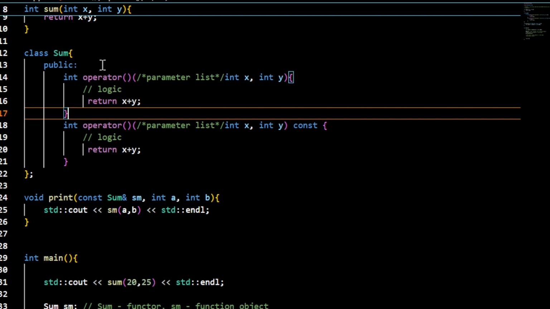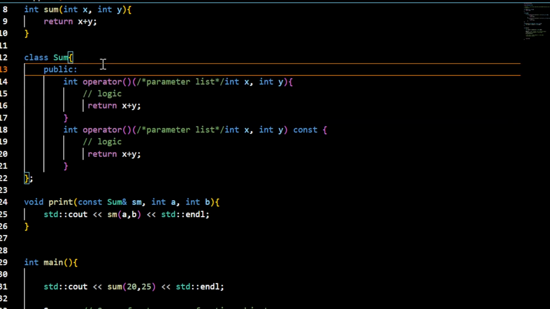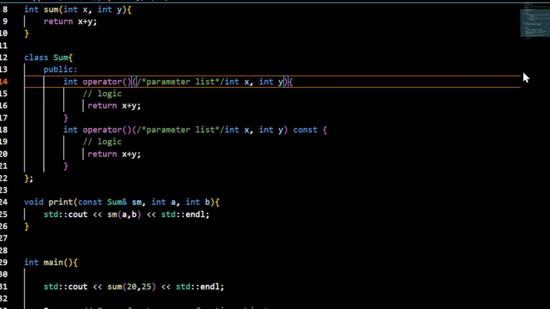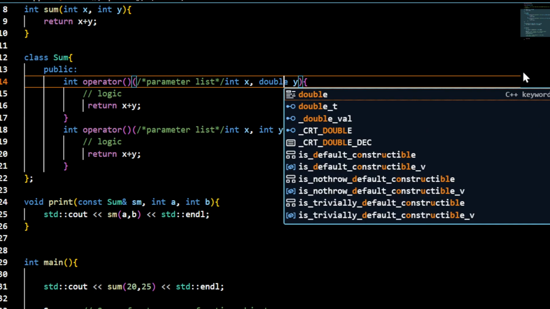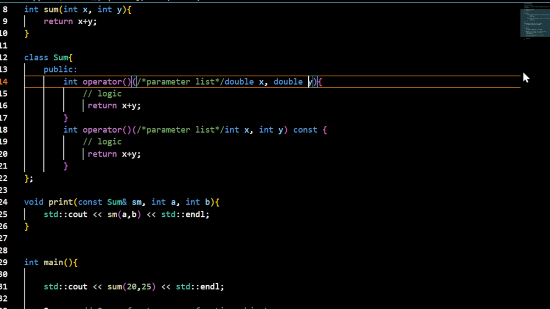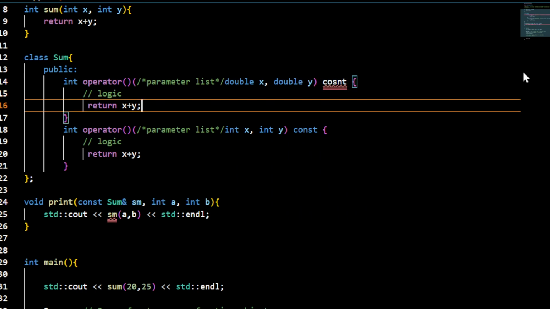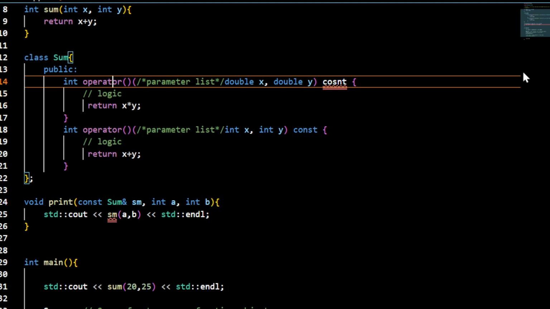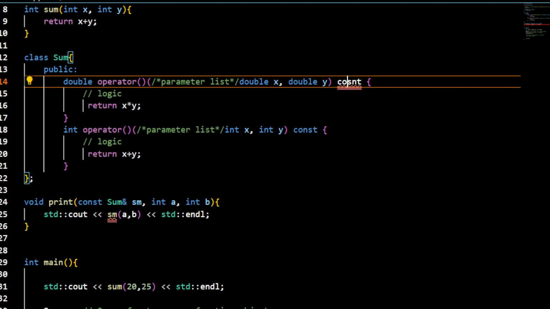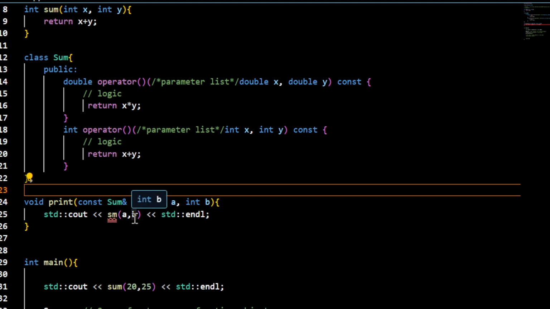For example, let me remove this, let me make a change to this one. So if I pass, I can have a double type data, make it constant, and if it is double, let me multiply it. Okay, and I return the double type. So these are two versions, and if I call